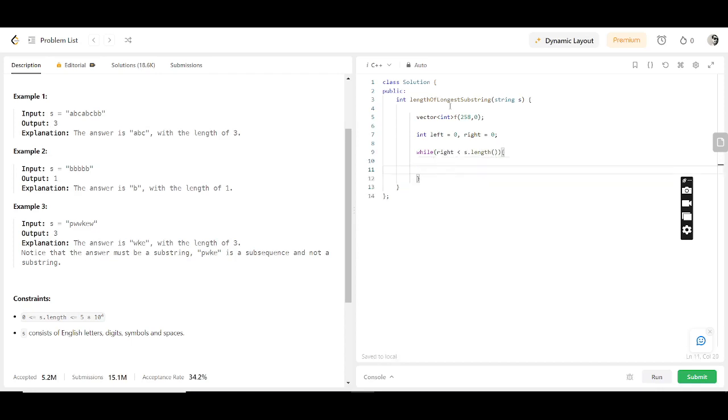Okay. Now after that, if the frequency of the current character is there, if it is non-zero, then what we have to do is we have to update the answer. So let's take the answer variable as well, initialize it with 0. So update the answer with max of answer, right minus left, right? And after that also, since the current character at the right position is already there,